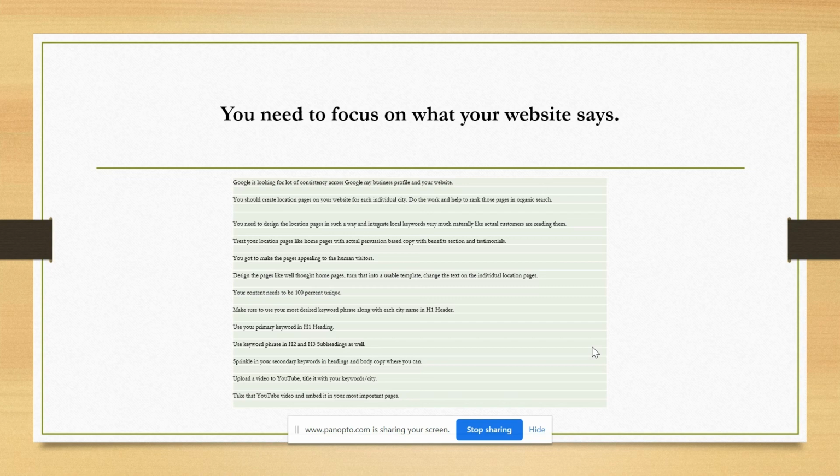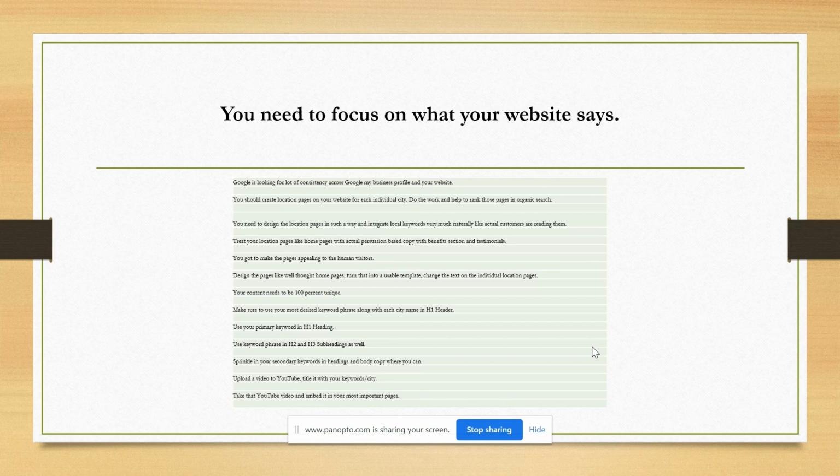Then you have to treat your location pages like pages with actual persuasion-based copy, with a benefits section and testimonials. You've got to make the pages appealing to human visitors. Then design the pages like a well-thought-out home page, turn that into a usable template, and change the text on the individual location pages.